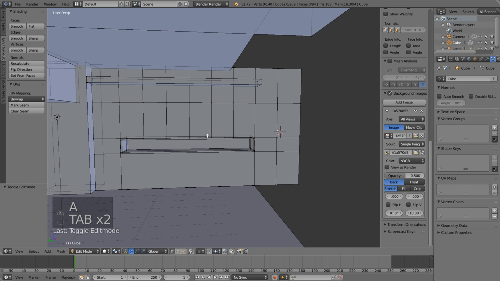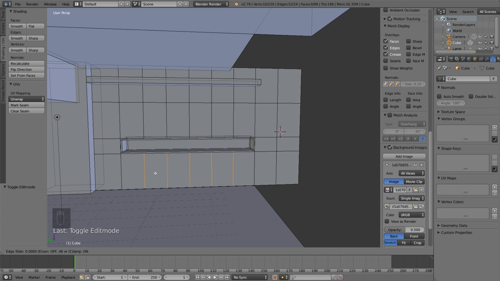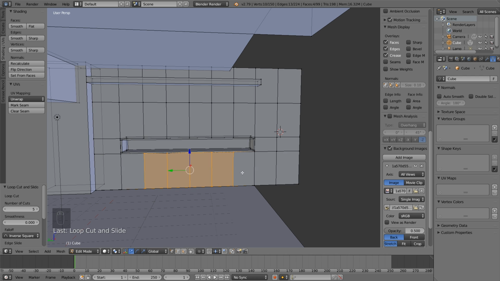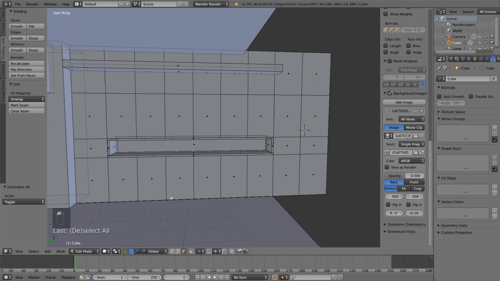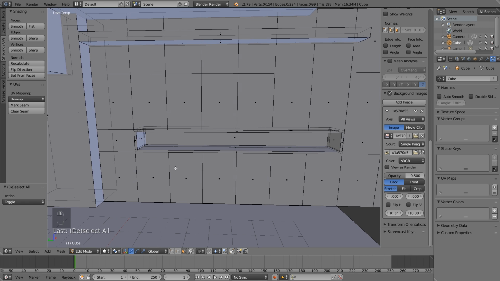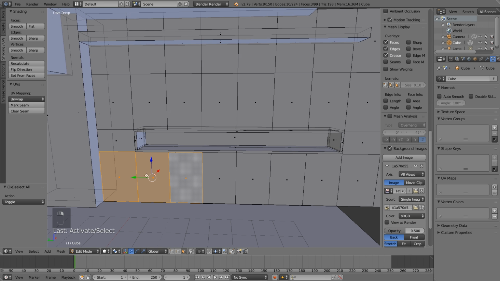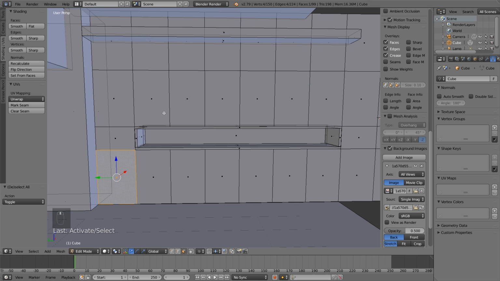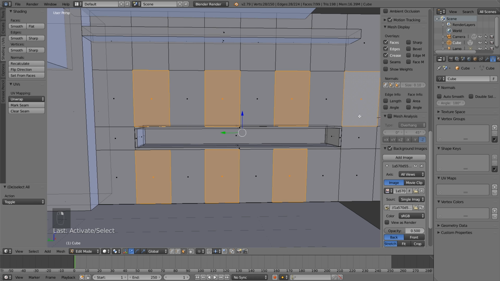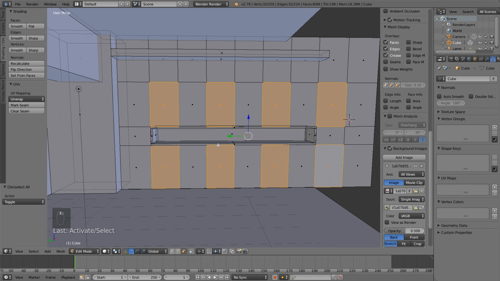So now these faces are also on bottom, so we're going to go 6 on bottom to match the top exactly. So 1, 2, 3, 4, 5, 6. And now what I'm going to do is these have to be inset and extruded a little bit. But I don't want to do them all at the same time because it would inset them all at the same time, obviously. And I don't want to do that. So what I'm going to do is I'm going to do every other one. So I'm going to grab this one and this one, this one and this one, across the board, like so,